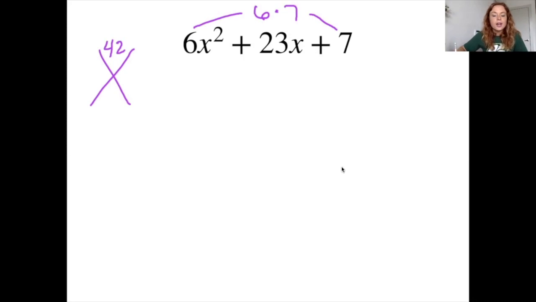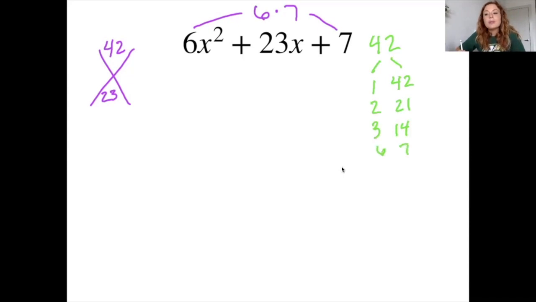Positive 42. All right, and then we are going to bring that B, that positive 23, and put it in the bottom of our X. So remember, the top of our X is our A times C, bottom of the X is our B. So now our goal is to find the two numbers that multiply to be positive 42, and because it's a positive, they're also going to add to be 23. Okay, so let's look at our multiples of 42. So 42, we have 1 and 42, 2 and 21, 3 and 14, and 6 and